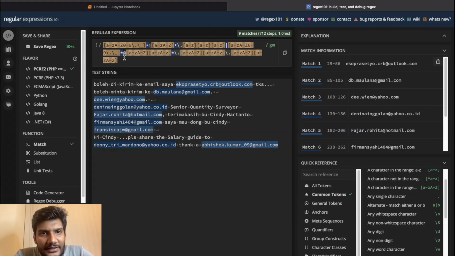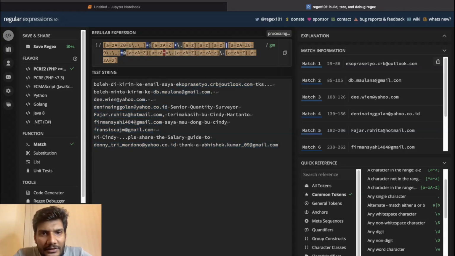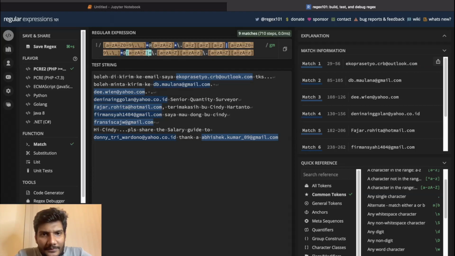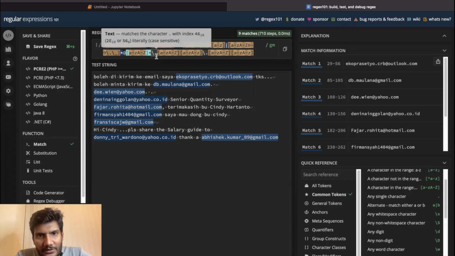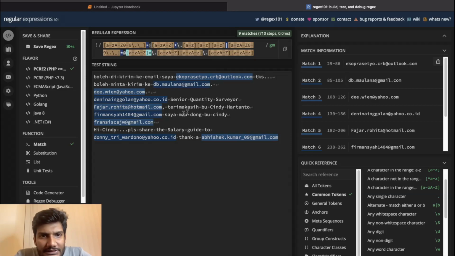You can see here that after @ I am using A to Z small and capitals A to Z. Then again A to Z small and capital A to Z. I can skip this one because it is not needed here. Yeah, it is going to give the same result. So anything with small A to Z, capital A to Z, and then star, which means everything. Then after that I'll be using dot. After dot I can have either co.id, right, or I can have the other one which is there,